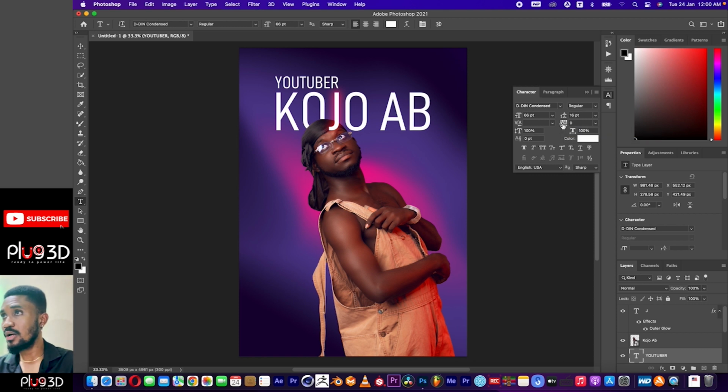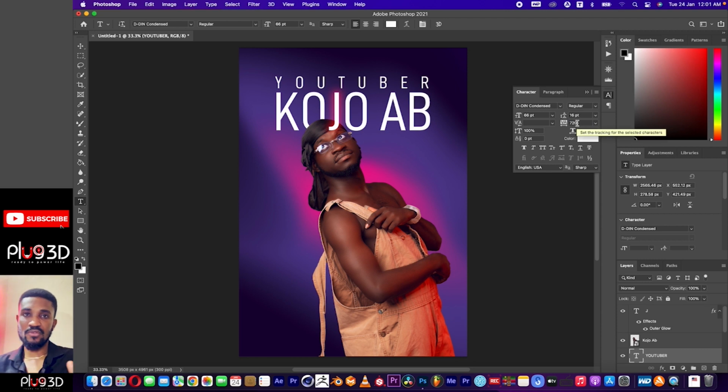Set the tracking for the selected characters. So I'll just left click and drag it forward. I will left click and drag it to my right like this. I won't drag like that, I'll drag like this, because if you drag like that, you see what happens: it squeezes the whole text. So I'll drag it like this, so I'll have the kind of space that I want. Yeah, I think this is okay. Once you're satisfied, you just leave it. So we have Kojo AB, we have